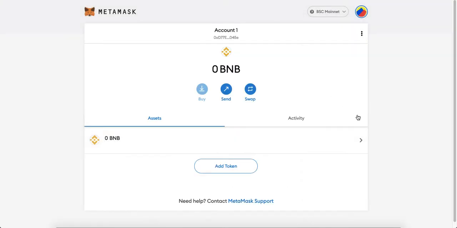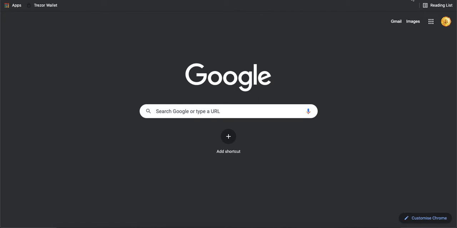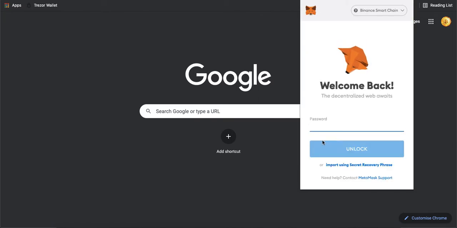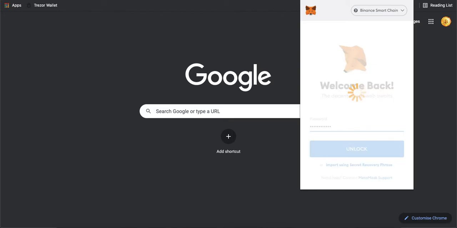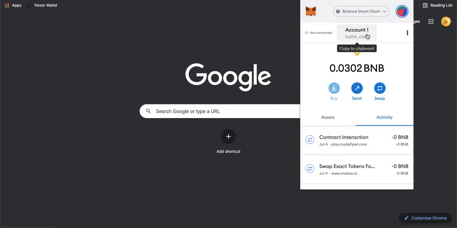And if I go to the expand one, this is a new one. So let me switch back to the one which I've already been using, which already has some BNB and BUSD in it. Okay, let me unlock this one. Okay, this already has some BNB.